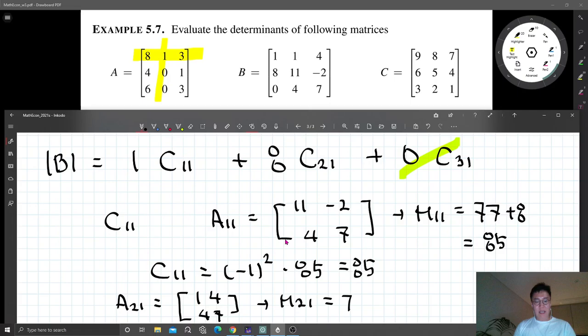Hopefully it is right. And C sub 2, 1 is going to be 9, because the sum of the subscripts is 3, an odd number, so the cofactor has a different sign. All right, now we are done, because we know C sub 1, 1 is